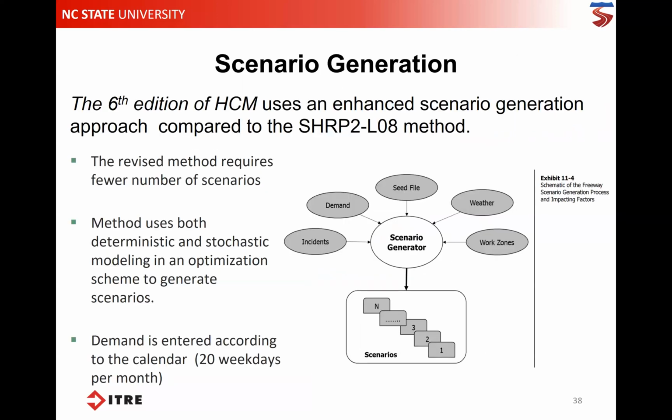So this required us, within the method in HCM, to do something called scenario generation. We needed to generate scenarios that included all of these sources of variability within each 15-minute period. You can see here the elements being varied are incidents, demand, weather, and work zones. The seed file is your average day, an average day that has none of these events associated with it, except maybe the average demand